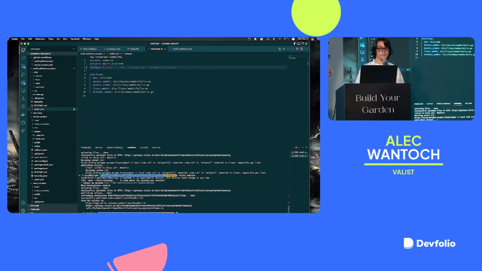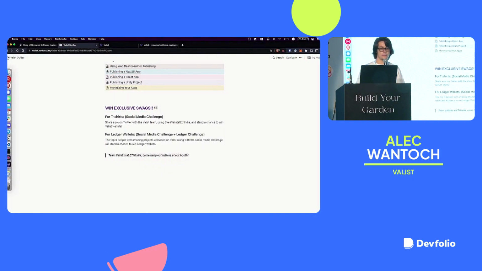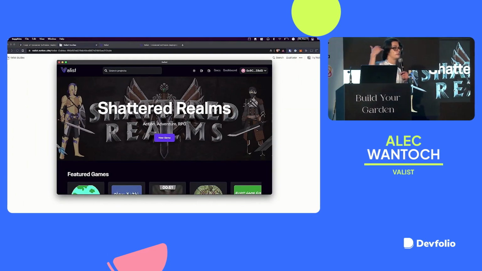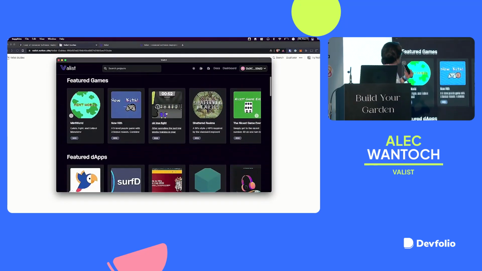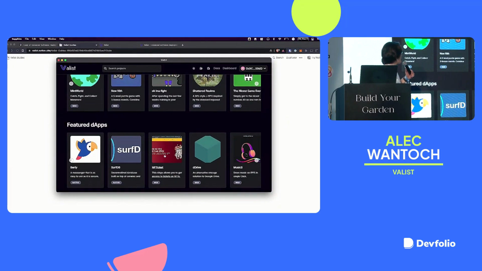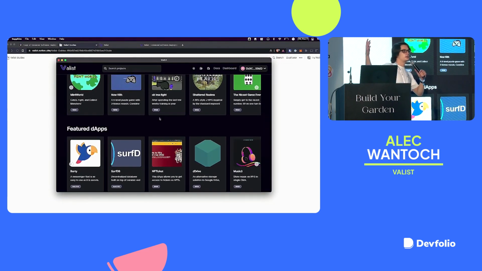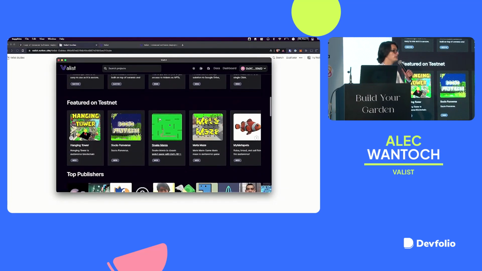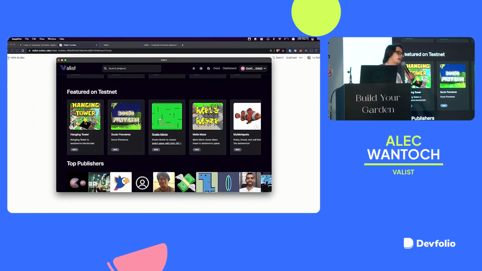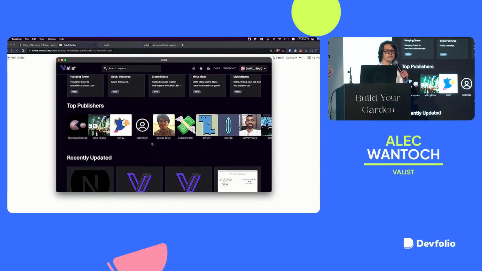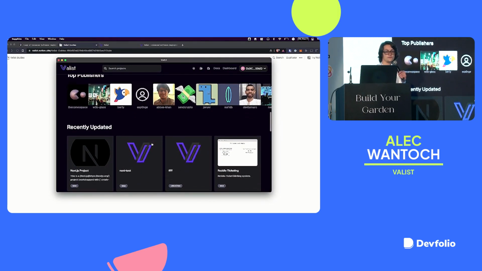For this, basically, you could see that we show different featured apps and different featured games. And again, send us your apps and games. We'd love to feature you. You could also see what's featured on testnet. I will say for the bounties for ETH India, it does require using the mainnet Valist site. But you could see top publishers. I'm sure you might see some familiar faces there.